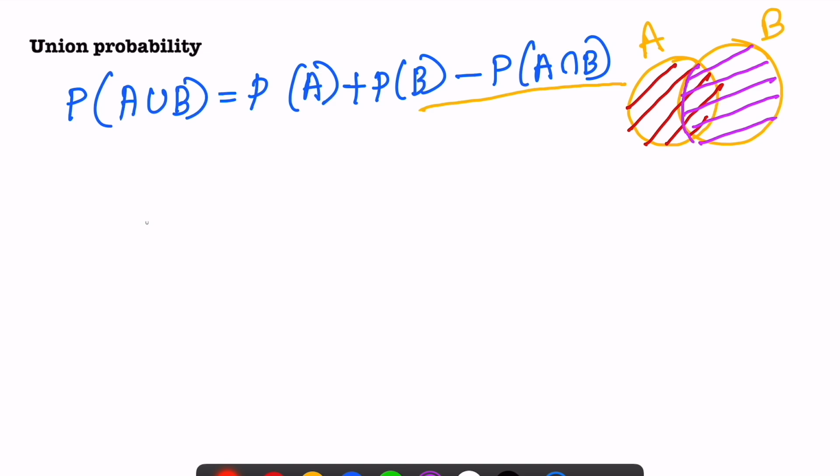So this is the region we are calculating two times. When we are adding probability of A and probability of B, we are adding the probability of this region two times. So then we have to subtract it once. So this is the union probability formula, and this holds